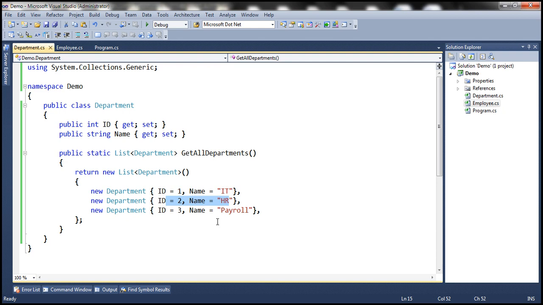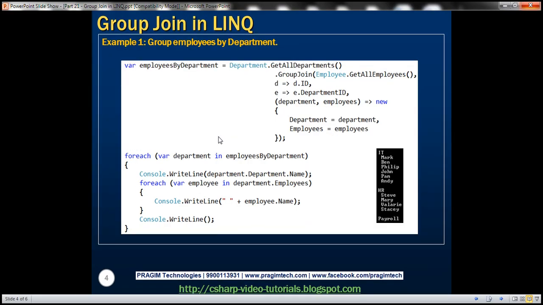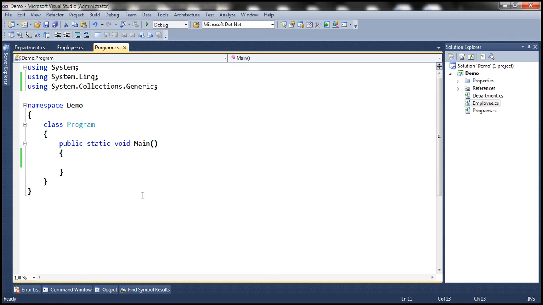Now, what do we want to do with this list of departments and list of employees? We want to group join them and retrieve employees by department, and then print the department name and the names of the employees belonging to that department on the console, as you can see here. So let's see how to achieve this. Within the main method, first let's create a variable to hold the results. Let's call this employeesByDepartment